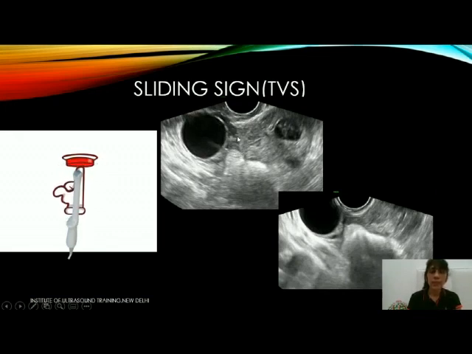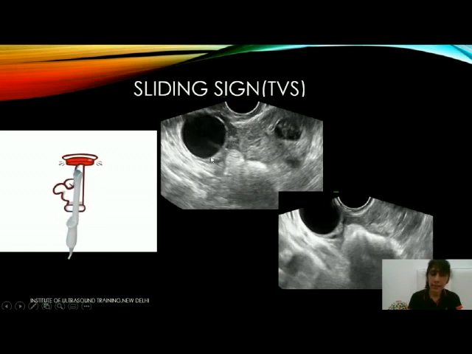For that, what we do is, we bring these two areas in the center of the screen by focusing with TVS. Then we slowly push the TV probe between these two areas. Just bring them in the center, so your probe would be in the central area, and slowly push the probe inside. Do a slow movement, don't go very fast. If these two masses are not a part of each other or they are not adhering to each other, then these will separate. So if it is an extra ovarian mass, it will separate from the cystic area which is within the ovary. How do we know?